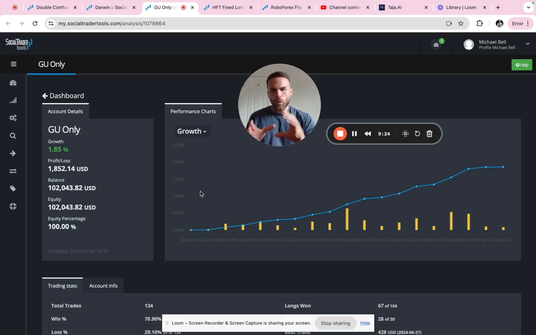But what I've done here is I've taken this GU set file. I think there's two set files running on this. I'll scroll down in a second, and I've just put it into its own account so that I can easily track the performance. And one thing I've noticed is if this goes into drawdown, it makes it really easy to bulk copy the positions over,